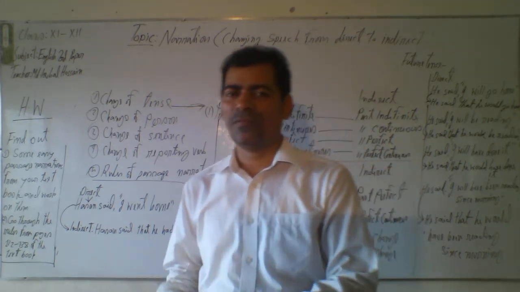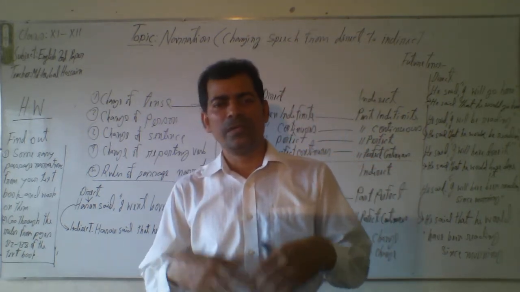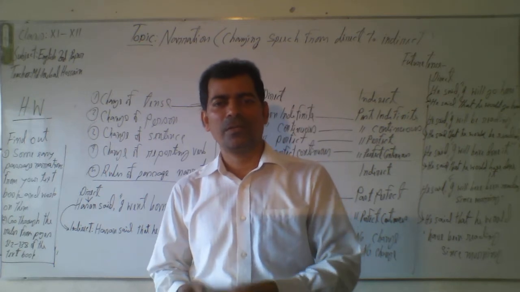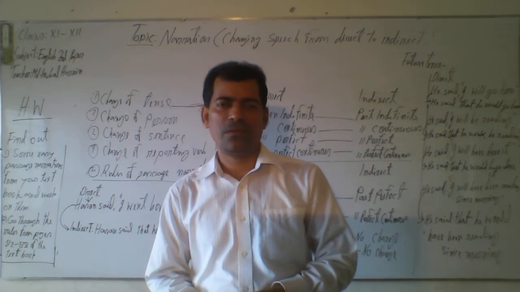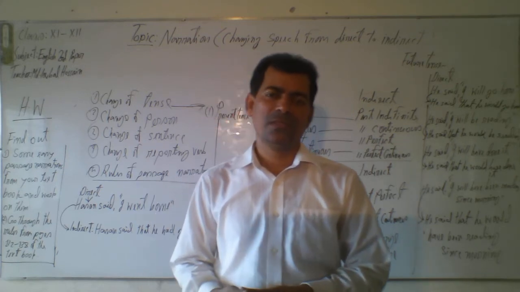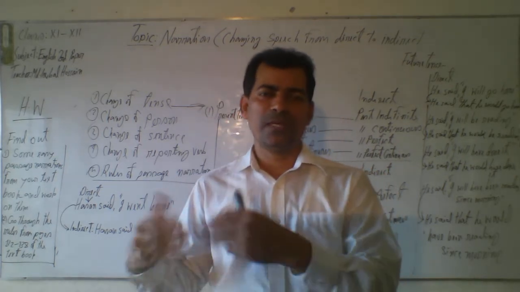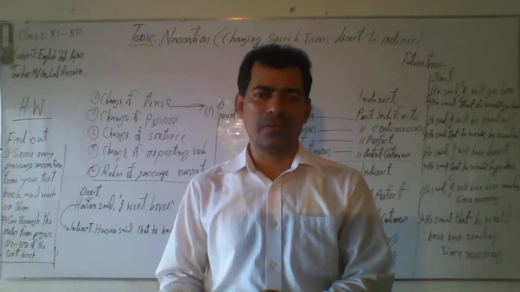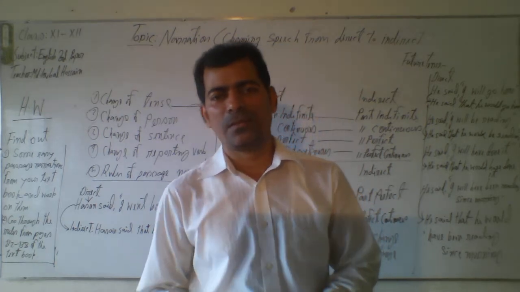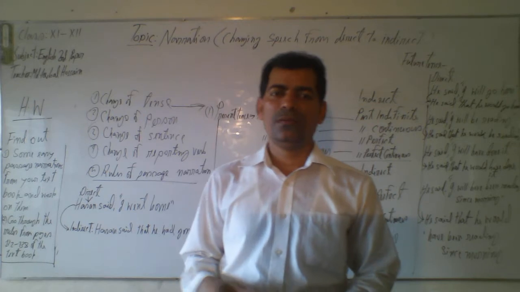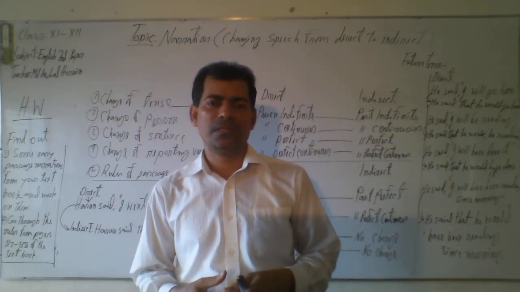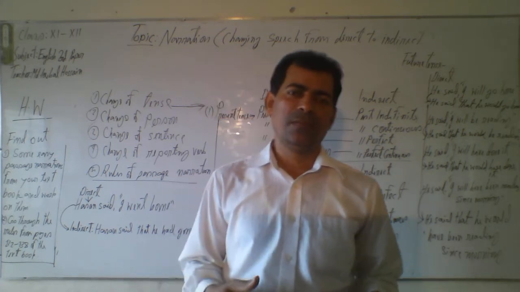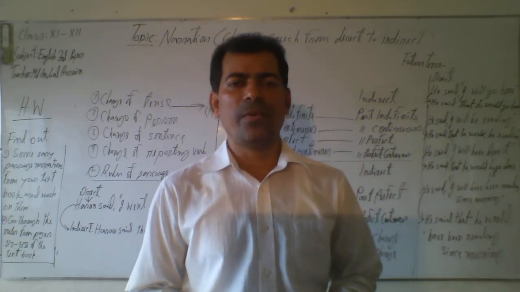When someone says something, if you exactly repeat it without any change, then it is called direct narration or direct speech. And if you change the statement into your own language, your own words, then it is called indirect narration or indirect speech. For example, when you say Hassan said he went home,